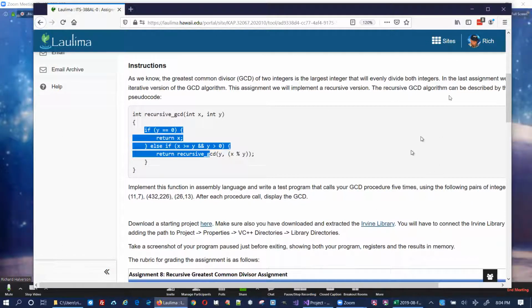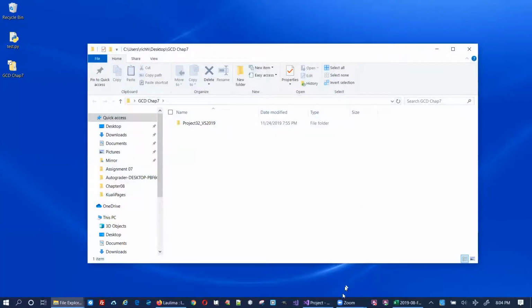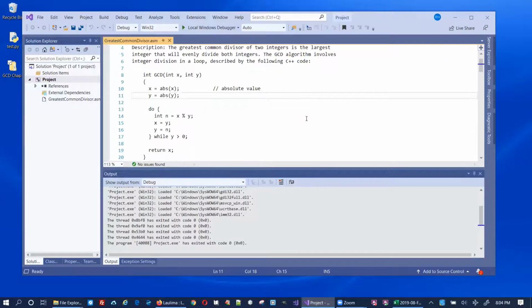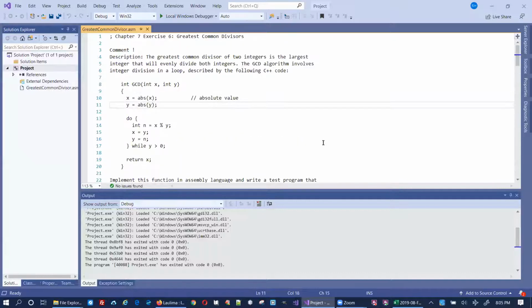So I'm going to start with the version I had, the assignment 6 version. So let me see if I can find that. It's this program here, and I've opened it up. Yes, here it is. I've opened it up, and see, I am recording, and I'm recording the screen. Okay, so here is my assignment 6. It's the greatest common divisor program. It's from chapter 7, and here is the